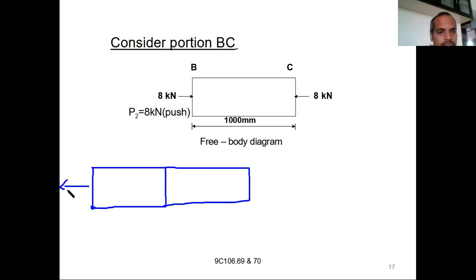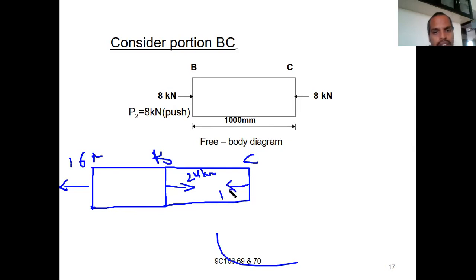In the problem he has given this as 16 kilonewtons, and here it is given as 24 kilonewtons. Forget about the remaining portions; we are bothered only about AB and BC. Whatever the load on BC, let us see what type of load it is subjected to. I think it is 18. Now you observe it. For the AB portion, which is subjected to 16 kilonewtons, we have already considered AB equal to 16 kilonewtons.